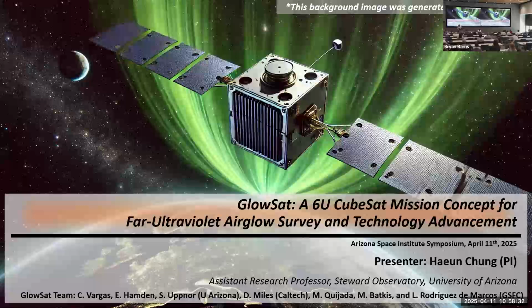So today, obviously, the talk I'm going to give is about a mission concept called GlowSat. It's a 6U CubeSat mission concept for far UV airglow line detection. And trust me, I asked AI to make that cell-like shape as 6U like five times, but it didn't work. That's why it has a CubeSat shape. Anyway,